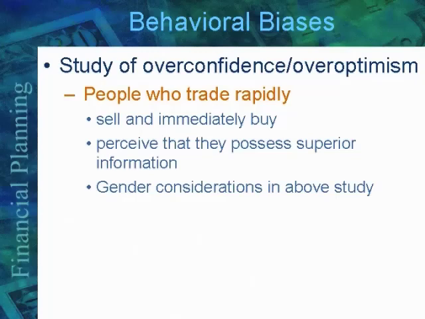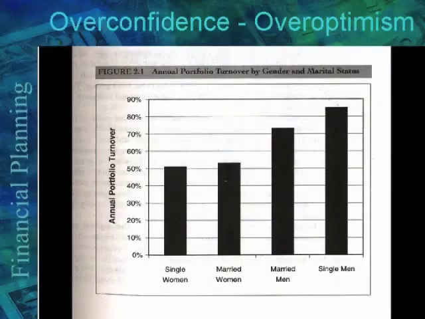And of course, in this too, there's a definite gender bias within overconfidence and over-optimism. I'm sure you have an idea of which gender is more conservative and which is more confident about their abilities. But here's the funny part. This is an older study, so you would think married men and married women, but instead substitute mature men and mature women: mature women, younger women, mature men, younger men.